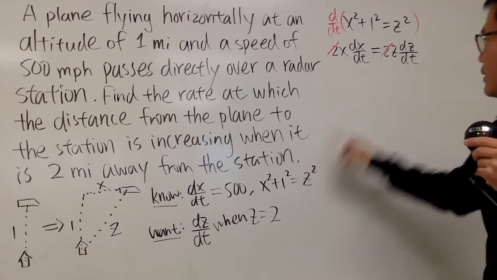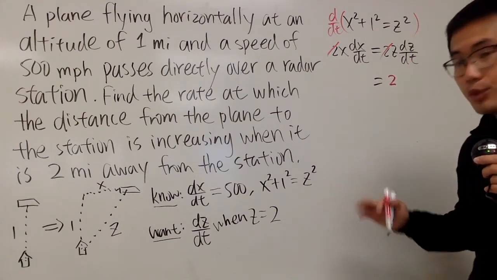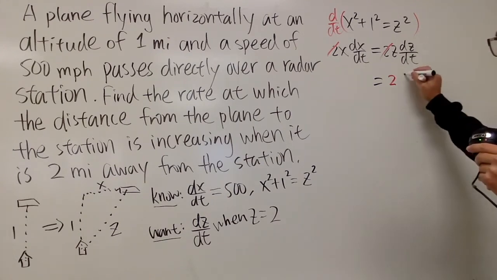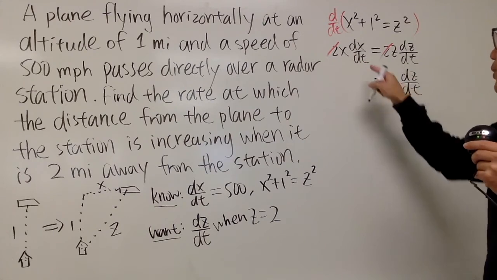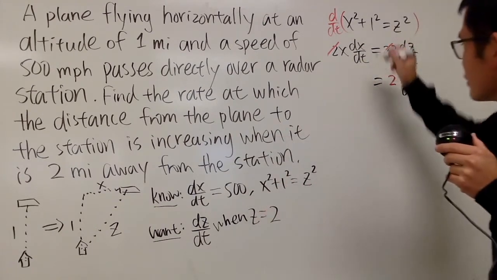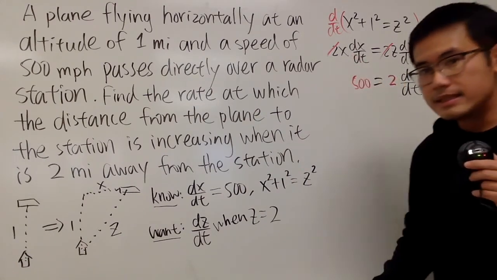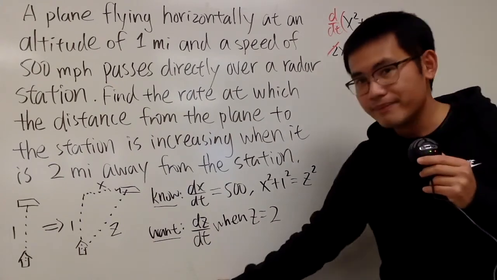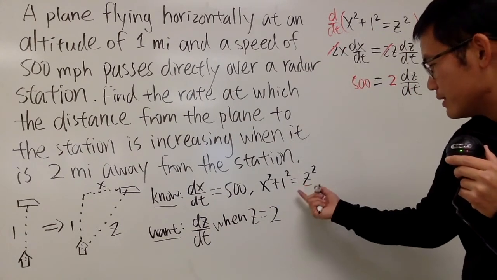That's very nice. And we know that x, we don't know yet, actually. We know z is equal to 2, so I will write this down. z is equal to 2. Do we know dz/dt? We don't, so I'll just put down dz/dt. And again, x we don't know yet, but do we know dx/dt? Yes, that's 500. So I'll just put that down right here. We have the 500 here. But what's x? Well, here's the connection between x and z. So I will just put this down and solve it.